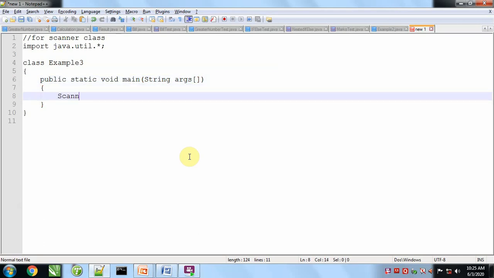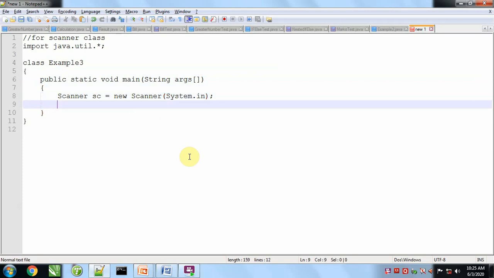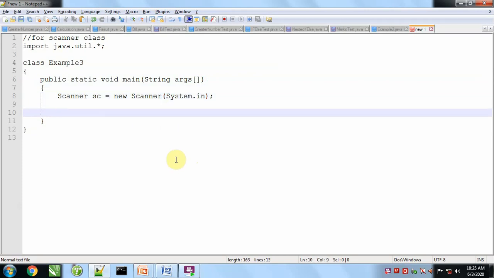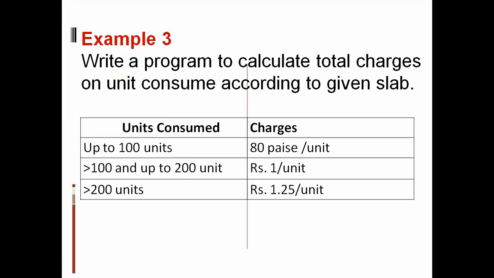Now I will make an object of the Scanner class, and first of all, we will ask the user to enter the units consumed.